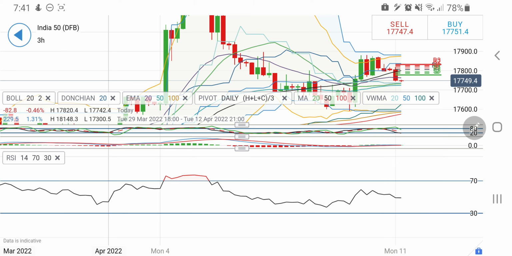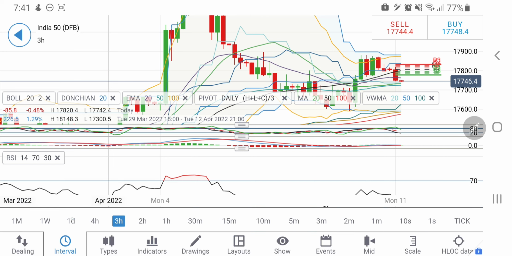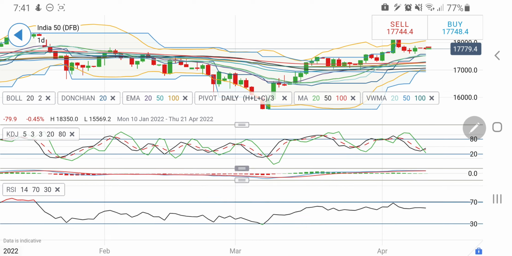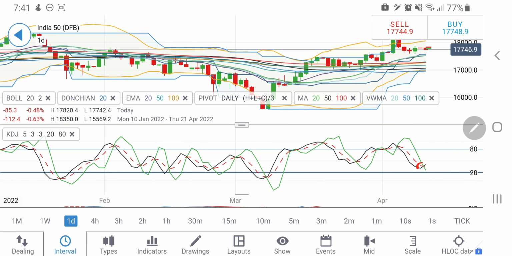Above 17,800, one can expect 17,850, 17,880 zone, which is going to be a stronger resistance. Beyond that, it will fly towards 18,000. On the downside, if it trades below 17,700, one can expect 17,650 and 17,600. Below that, it will directly land to 17,500. Take your positions accordingly. Now coming back to the indicators on the daily charts,